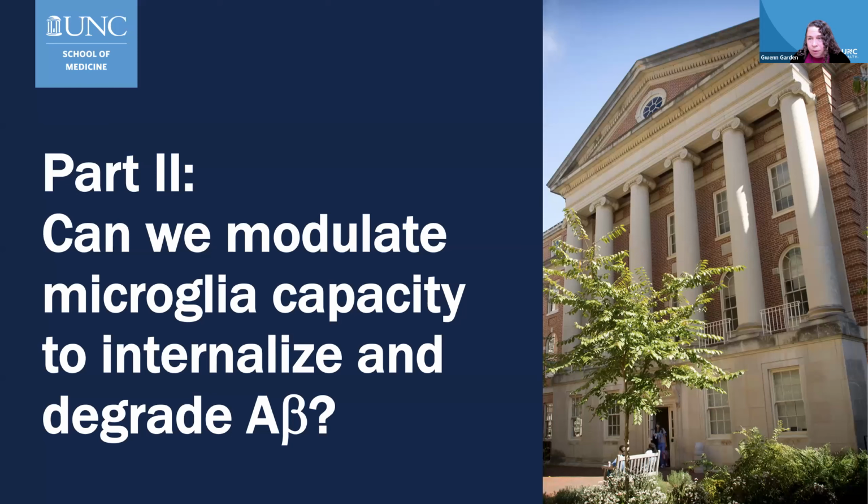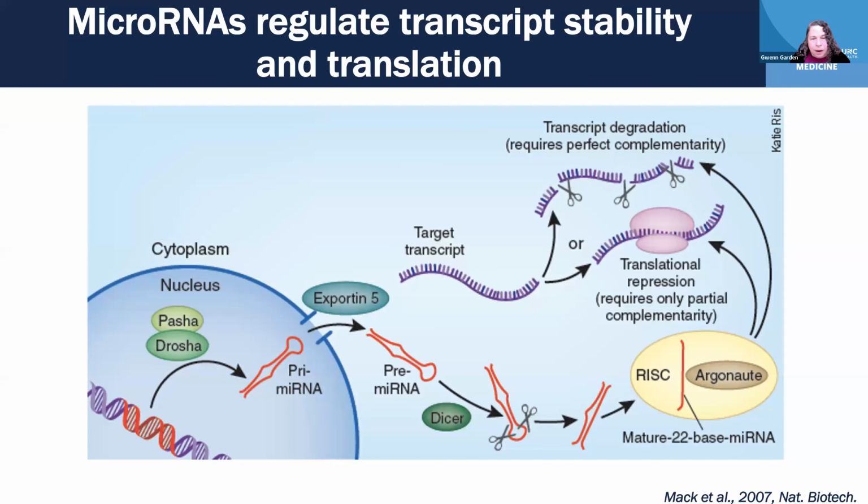Okay, so what we really want to know is, could we modulate microglia capacity to do the things that they need to do to potentially decrease the impact of the accumulation of A beta in the brain? And one of the things that we decided to look at, started quite a long time ago, was a microRNA. And the reason that we decided to look at microRNA is that they have a strong apical role in regulating